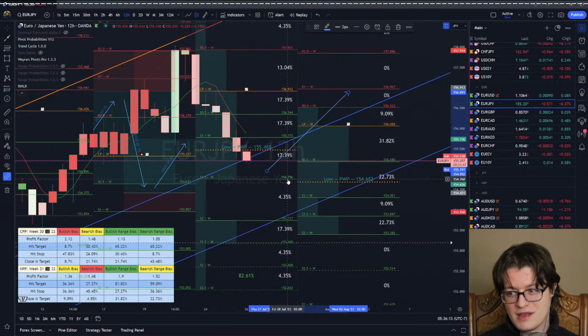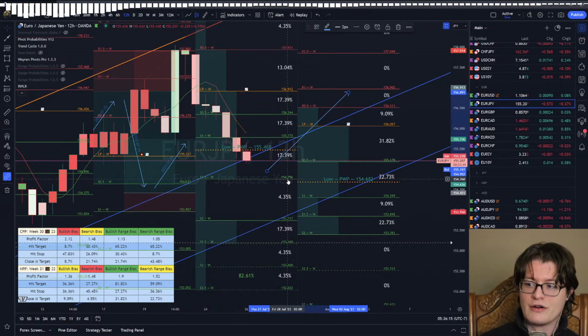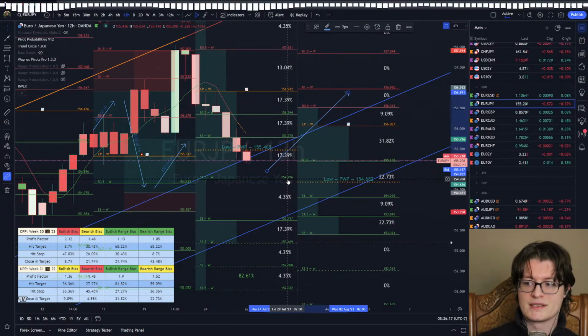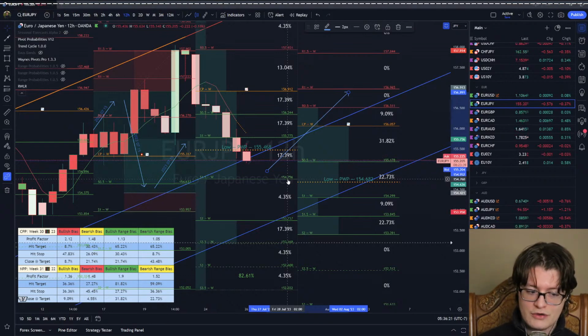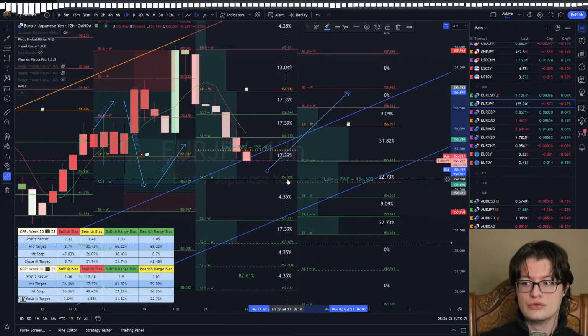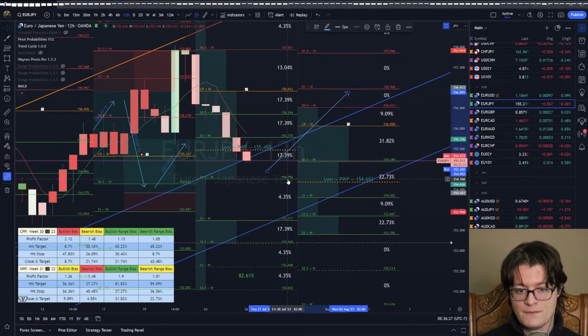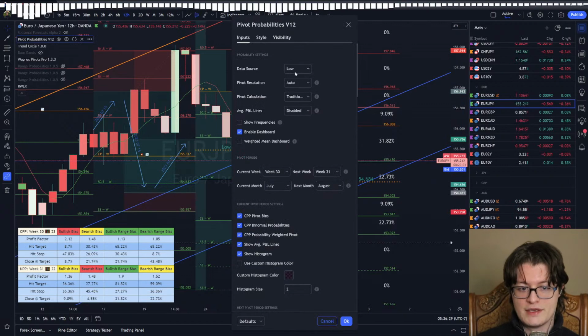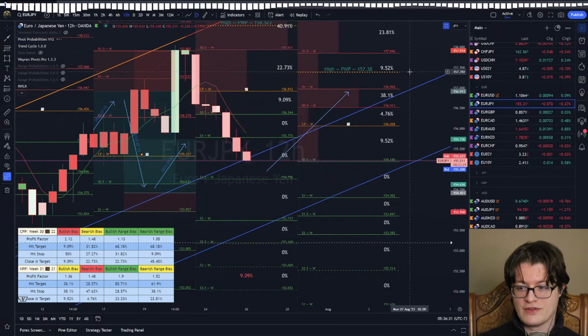But if you're taking the nominal scenario, the basic expectations for the Bank of Japan right now, for continued loose monetary policy, and you take these probabilities at face value,